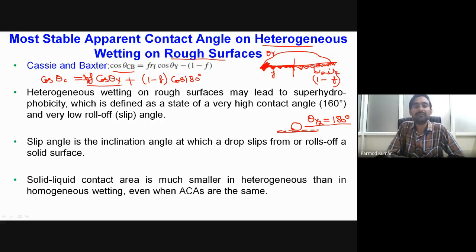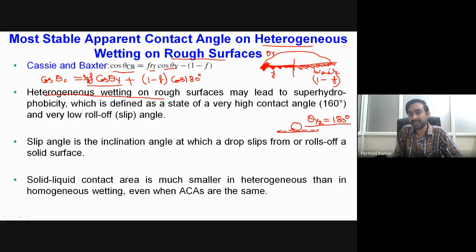If we combine this Wenzel equation and Cassie equation, we find another equation, which is referred to as the Cassie-Wenzel equation. So you can see over here, the Cassie-Wenzel contact angle is f times Rf into cos θy, and cos 180 is giving a minus sign, so minus (1 minus f). So this is what we are doing when we have heterogeneous wetting conditions.